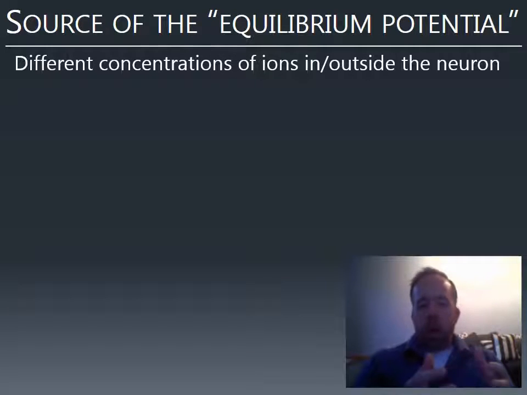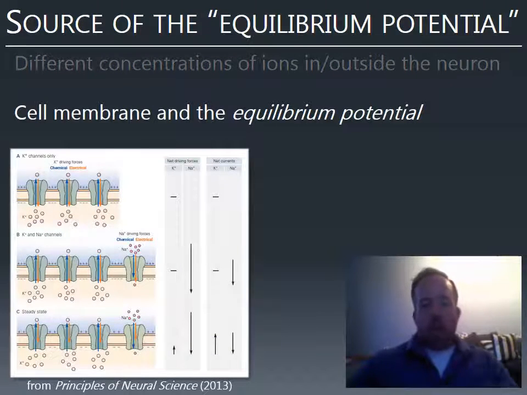So a neuron has different concentrations of various ions inside the neuron and outside the neuron. The neuron is, in its simplest sense, a container. It has a membrane, it has sort of a wall that separates the space outside the cell from the space inside the cell. Now, they're both mainly water, but the difference is which ions are common where. And the ion reaches what's called an equilibrium potential. What does that mean? Well, it means, again, we have these two forces.